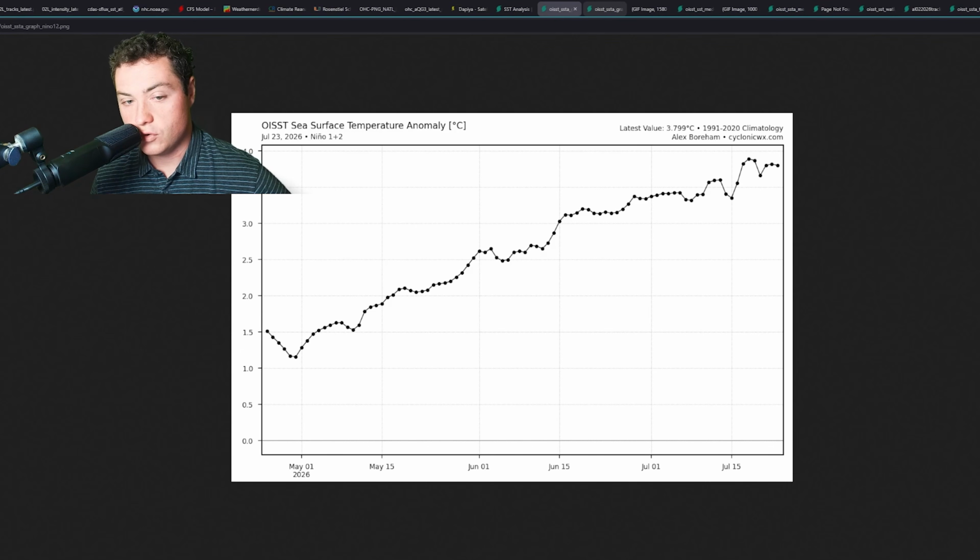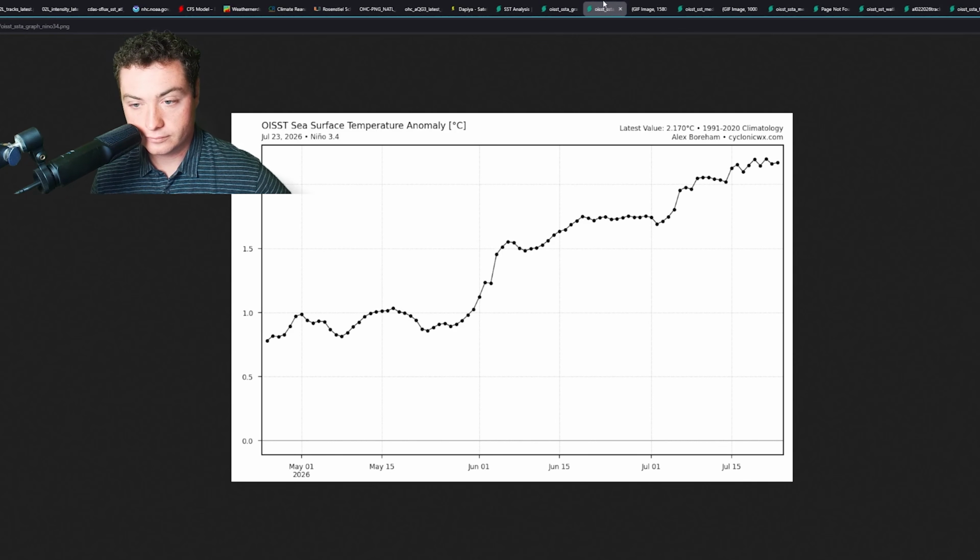Let's go ahead and switch over to regions 3 and 4. Regions 3 and 4 is a little bit of a different story. You had it kind of stalling out through around 0.5 to 1 degree Celsius throughout May, only starting to increase by the time we got to the last week of May or so, and it really started to surge up going into June. An absolute spike by early June, getting close to 1.5 degrees Celsius above average, and then it's